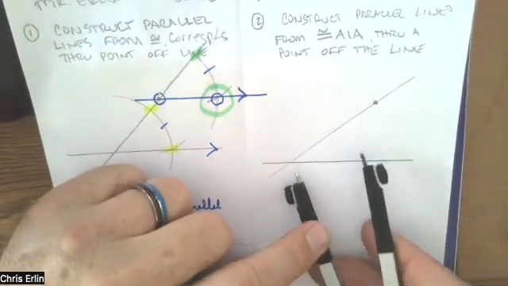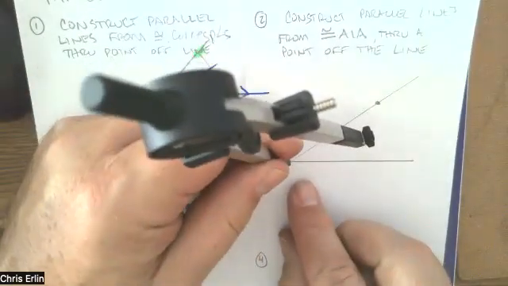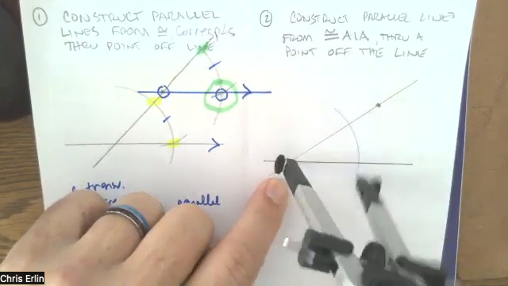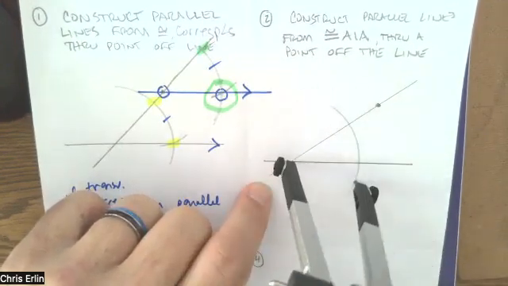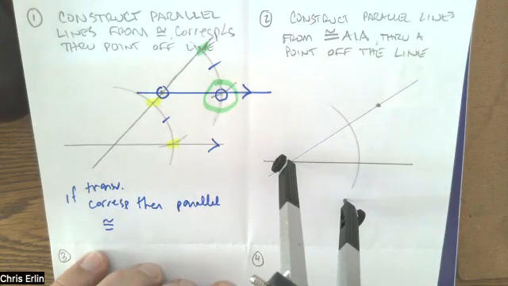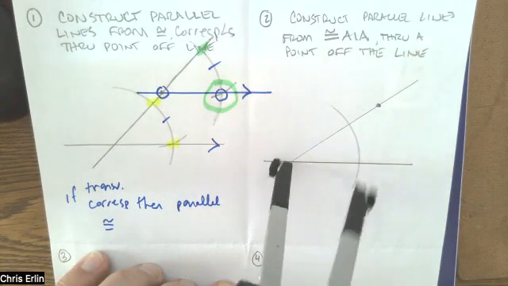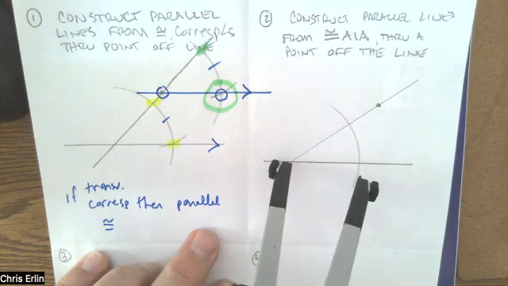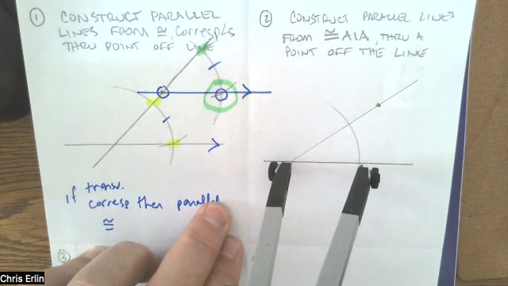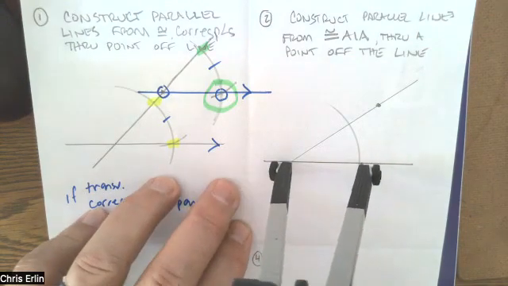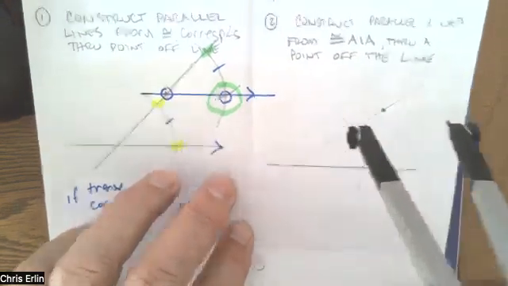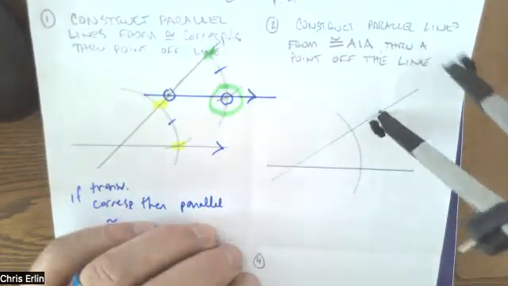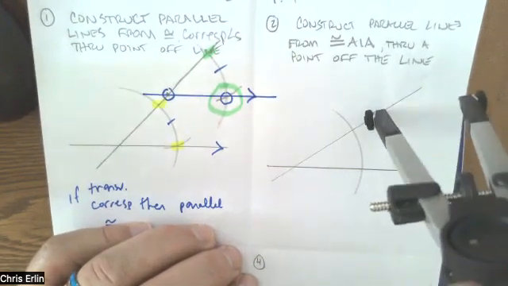Again, I'm going to take my compass and set it to some length. Doesn't really matter how much, as long as when I go from this point of intersection, this vertex, I make an arc that covers over both of the rays of my angle. Here's where it's different. Instead of picking this up and moving it up to this point that we started with, which is still what we're going to do, but instead of drawing that angle here,